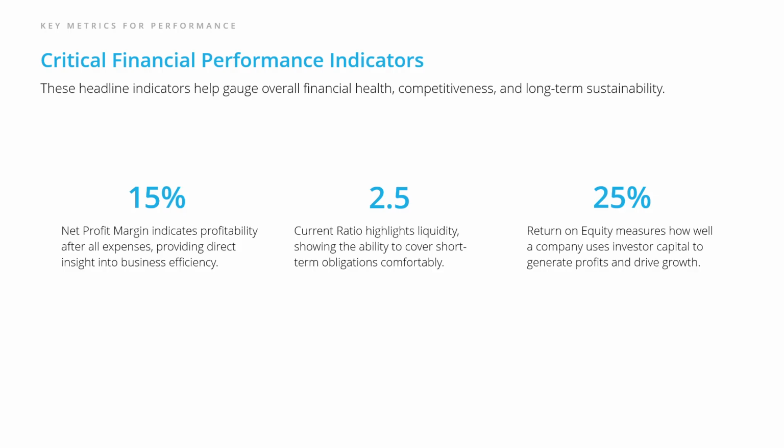The current ratio measures liquidity, making it easy to see if the company can pay its short-term liabilities with its assets. A healthy number here means less risk of financial distress. Return on equity is a key indicator of growth potential, showing how well management is generating profit from shareholder investments. By regularly monitoring these metrics, you can quickly gauge how competitive and sustainable a company is and spot opportunities or